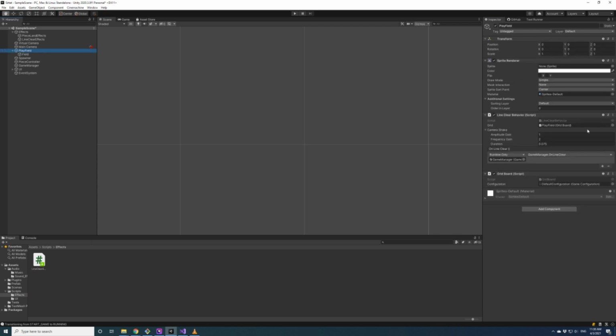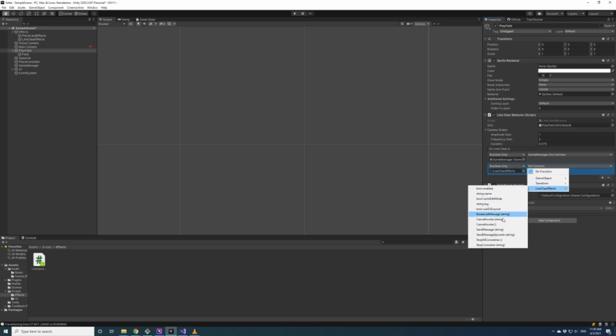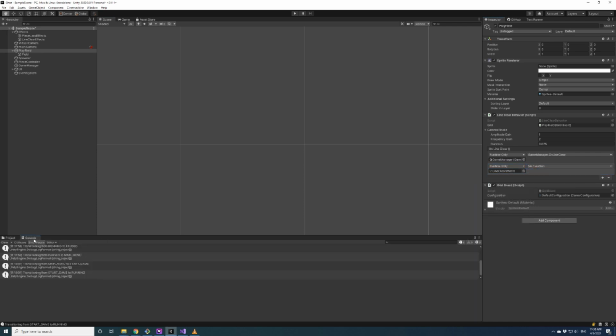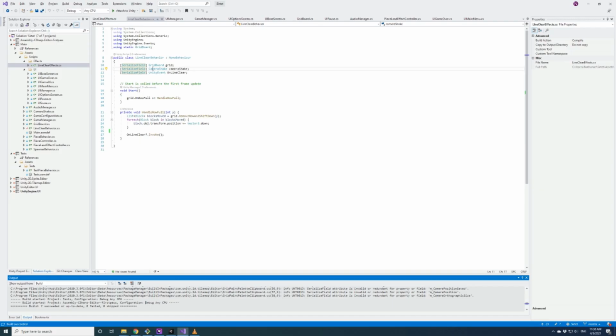So we have the play field. Has a camera shake on it. It should be 1, 2, and 0.075. Because on line clear, we should have something's not recompiling, right?